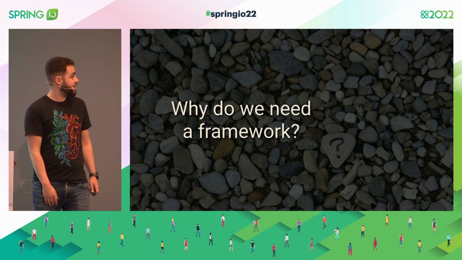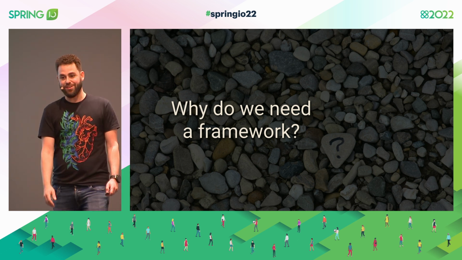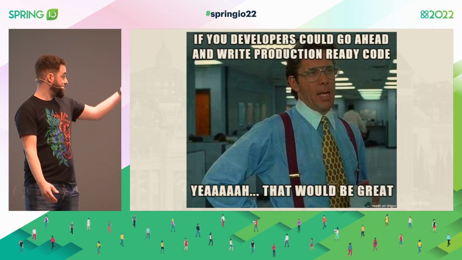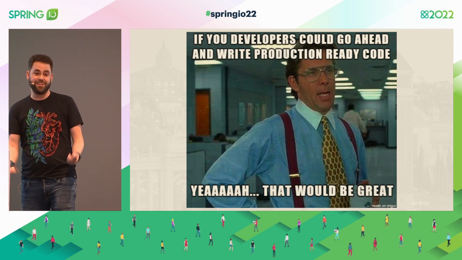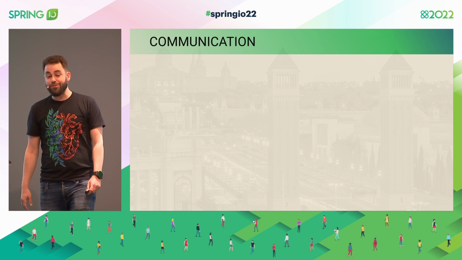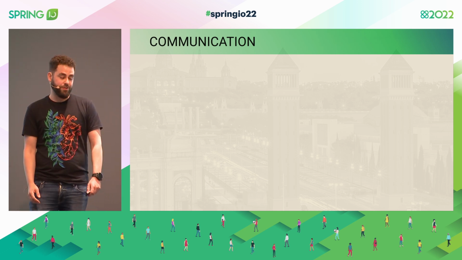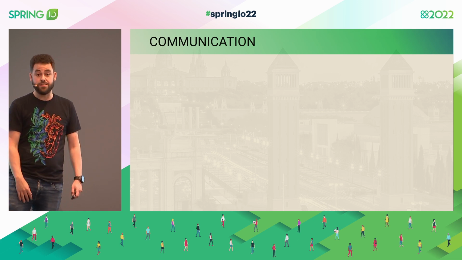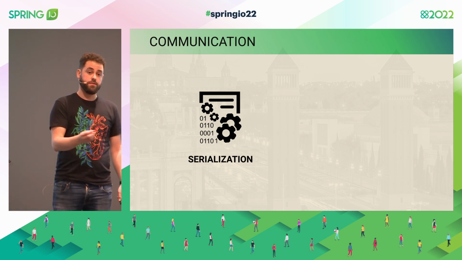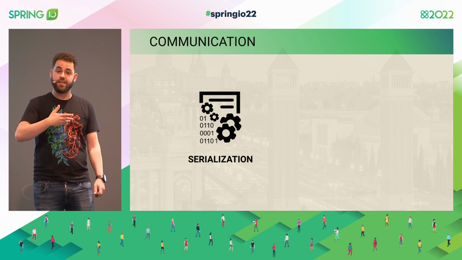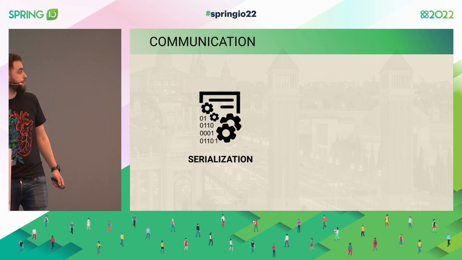And first for this, I'm going to ask the question: why do we need a framework? This is the first question we have to ask. The reason is, we need production readiness. All our applications have to go to production in a ready way. What do we mean by production readiness? There are a lot of things we have to take into consideration when we ship to production. One could be standardizing the communication. We are mainly talking about serialization, things as simple as when we send a date, how do we serialize it? Which standard are we going to use?